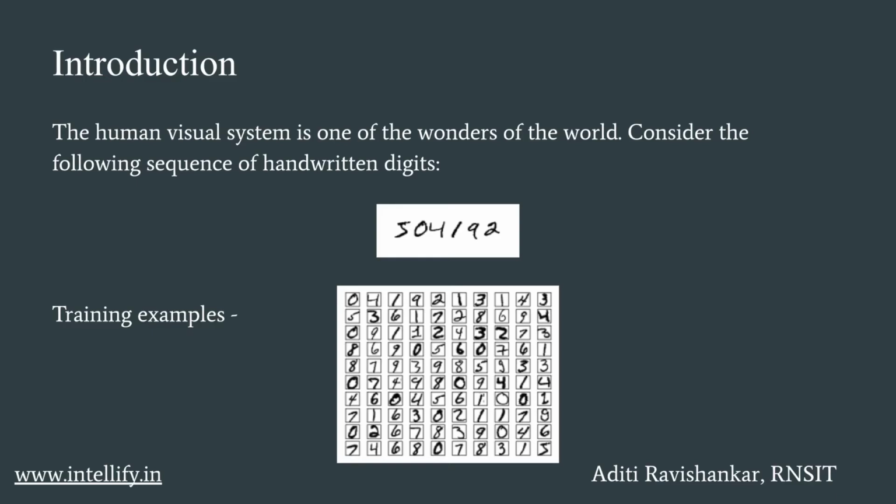Furthermore, by increasing the number of training examples, the network can learn more about handwriting, and so it can improve its accuracy. So while we've just shown 100 training digits over here, perhaps we could build a better handwriting recognizer by using thousands or even millions or billions of training examples.